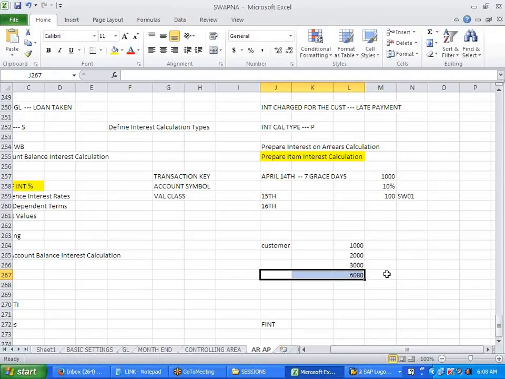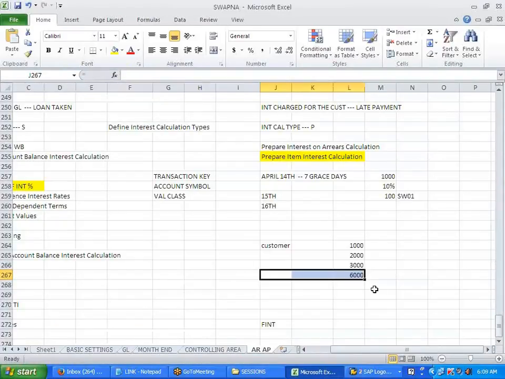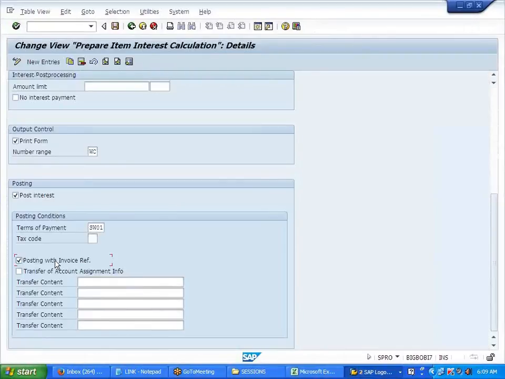If you select posting with invoice reference, it will not give you a total of 6,000. It will give you single line items, displays 1, 2, 3. Line item wise, item wise. That is what it will give.